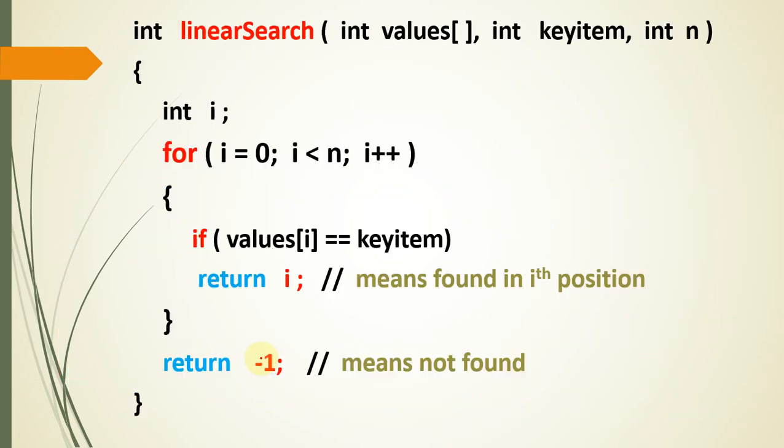So we are putting this return -1 here in order to indicate that there is no match of the key item. Okay. So here there is the C implementation, int linear search, that means it returns an integer value. You are passing the array, and the key item, which item you are going to search, like 15. N is nothing but the size, like 5 or 10, whatever the array size may be. Int i, so locally I am taking one more variable for it.